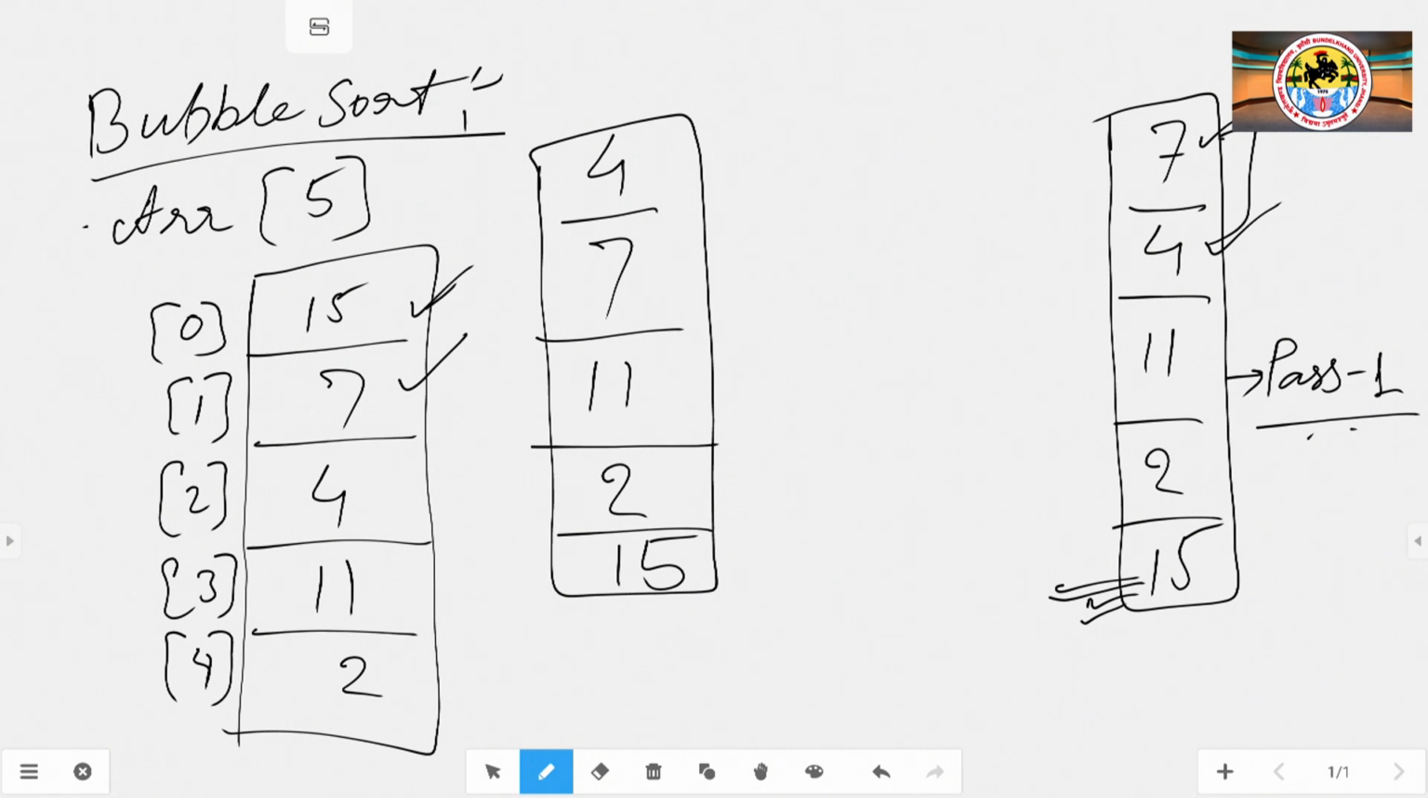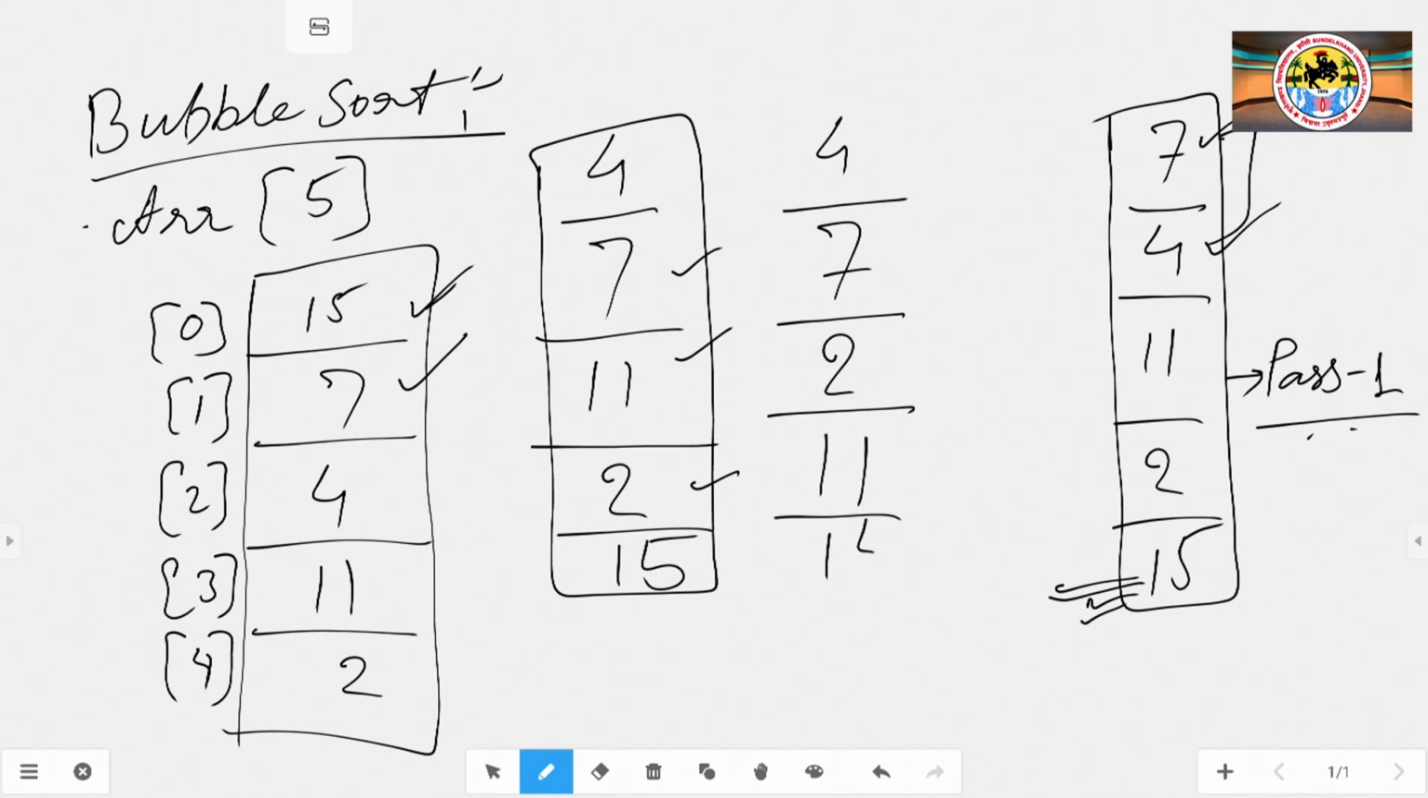Okay. Then we will choose the next two elements of the array, where the next two elements are 7 and 11. So, 7 is already smaller than 11. So, there will be no swapping required. So, we will choose 11 and 2. So, 11 will move down and 2 will move up, and the new array will be 4, 7,